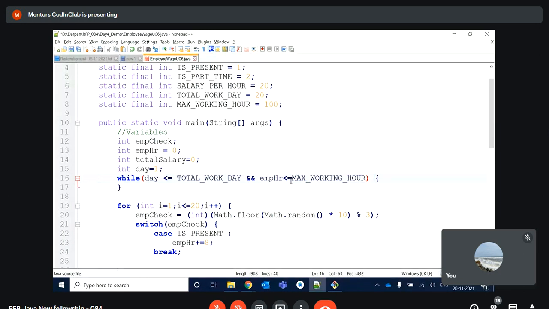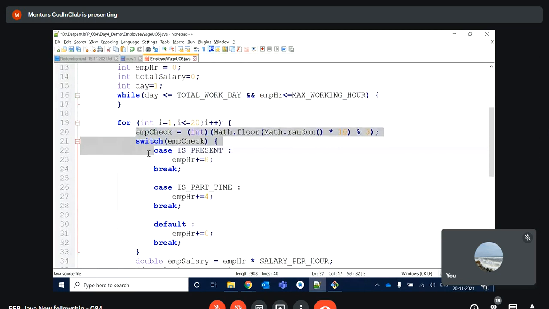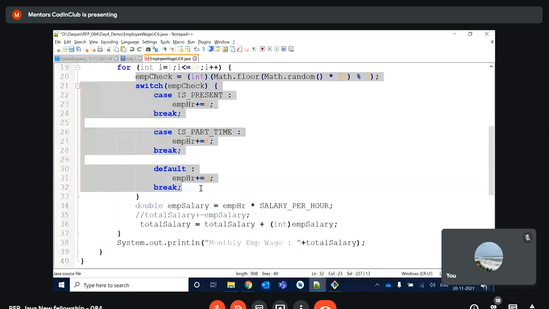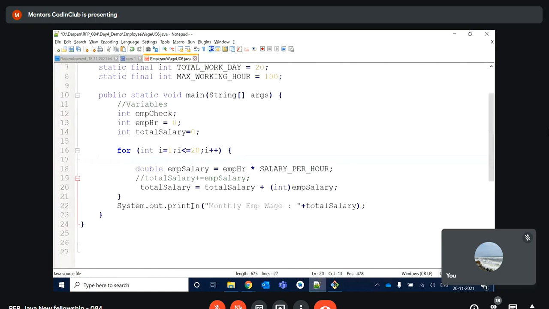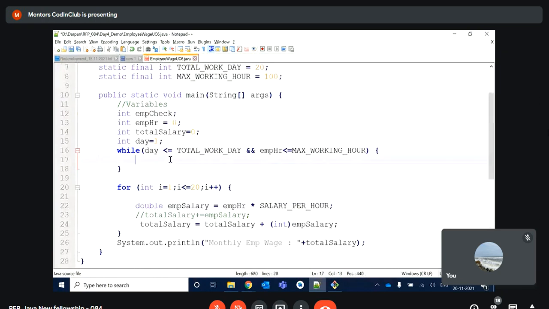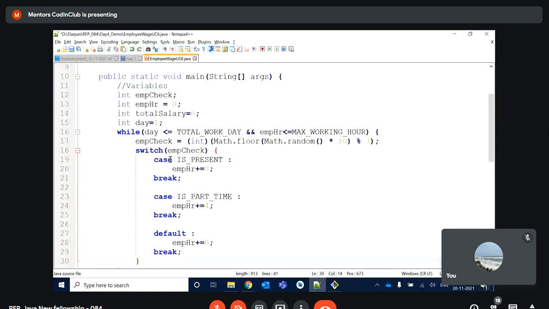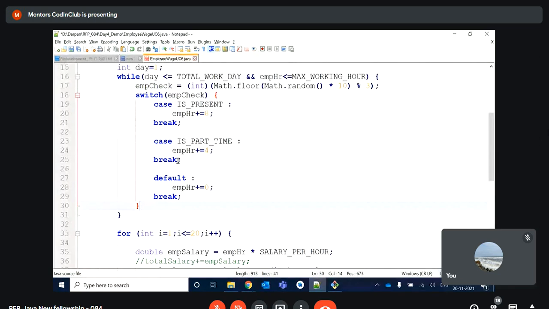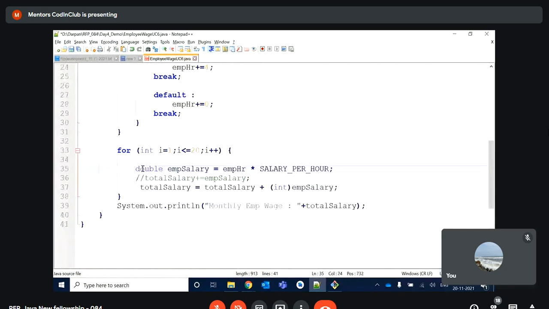So all this implementation we will cut inside the while loop, and employee salary, this is also not needed.